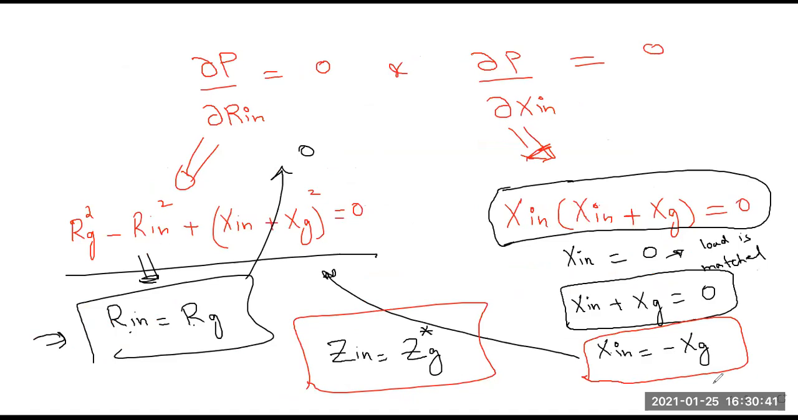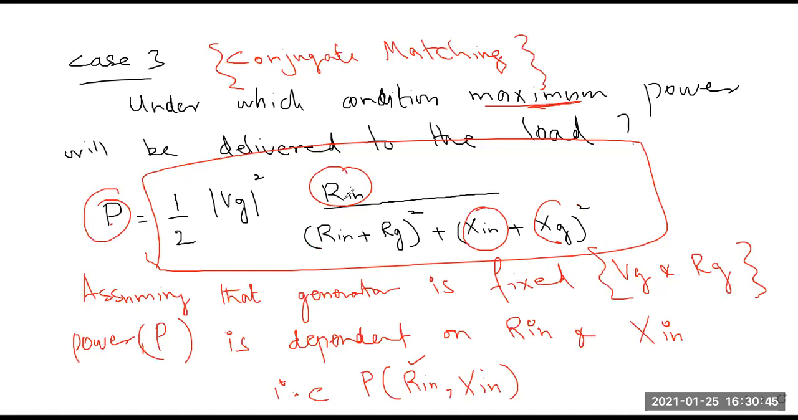Now let's put this condition in the general expression of power so that we can find out which expression is valid. So the original expression is this one. So you need to put Rn is equal to Rg, and Xn is equal to minus Xg. So this term will cancel out. You will only end up with,